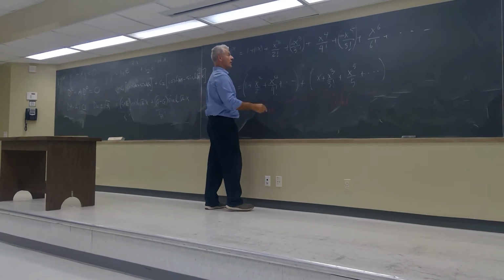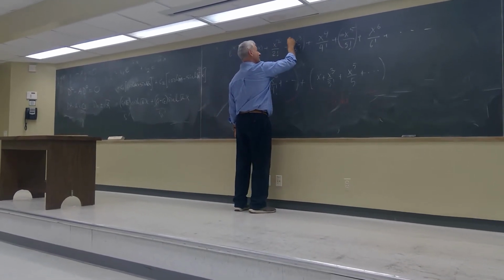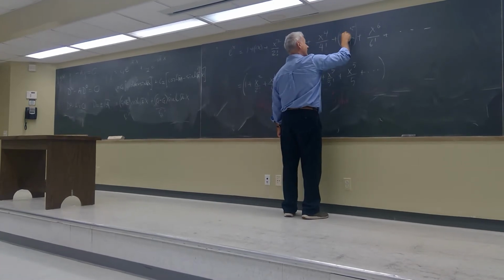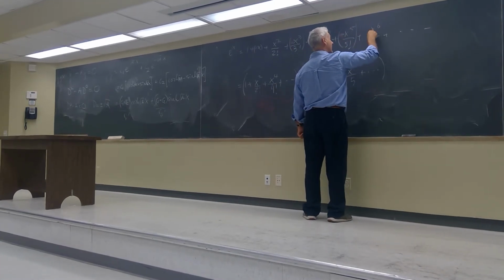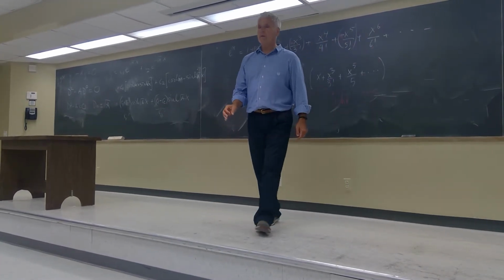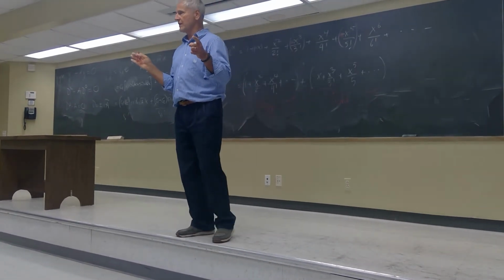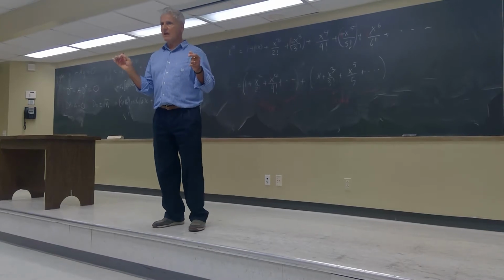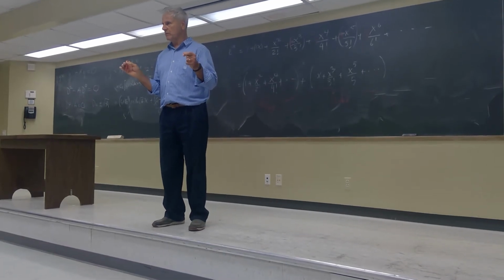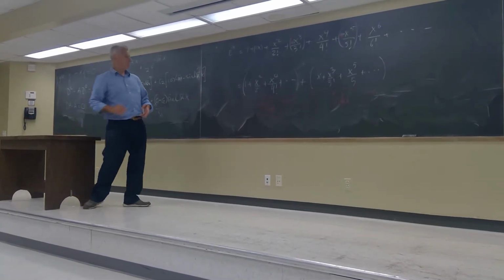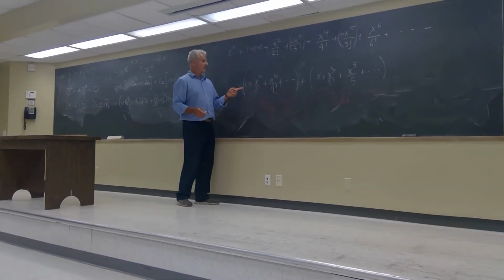ix squared, ix to the third, ix to the fourth, ix to the fifth, ix to the sixth. In other words, we take that infinite series for the exponential, and in the argument of the exponential we put ix. And then what we see here is that